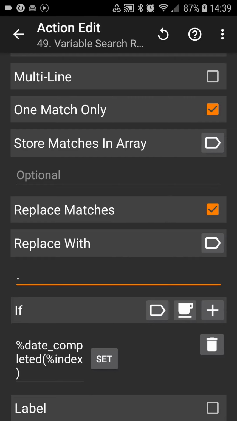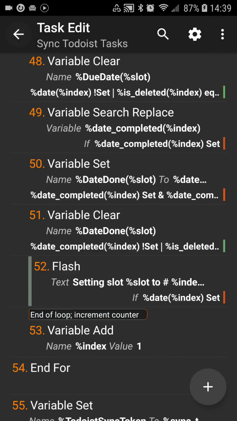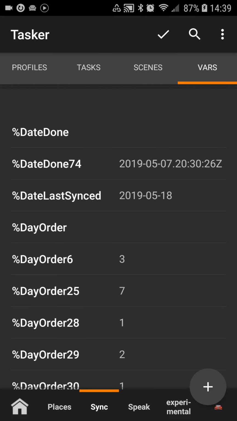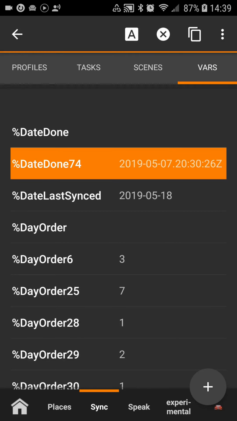I separate the date, first year, then month, then day, so that everything's perfectly in order, and then hour, minute, second, whatever. So the end result of that is, here's a good example of one that throws that Z at the end. But I replace the T in there, so the date gets separated only by a dot,